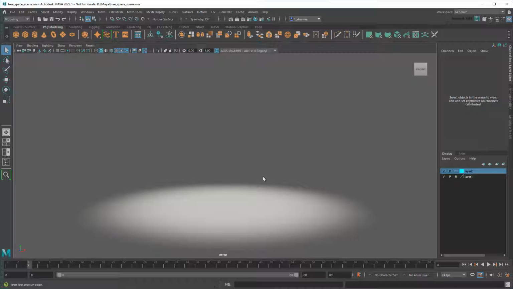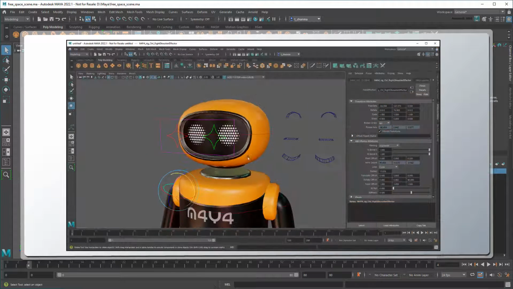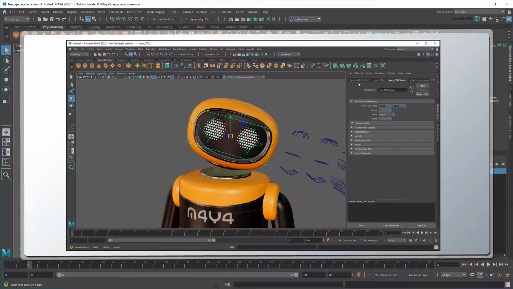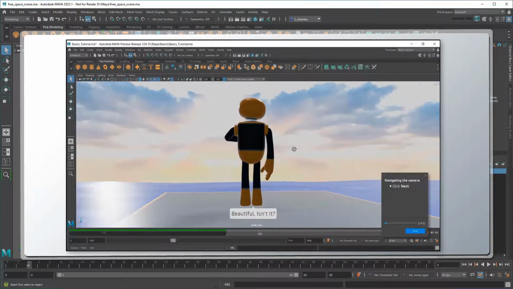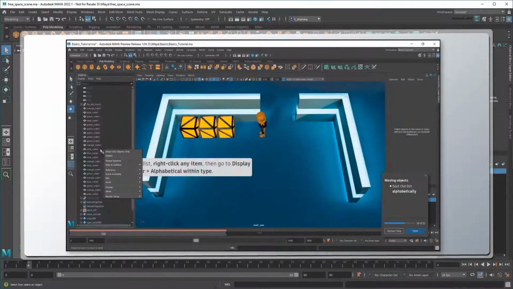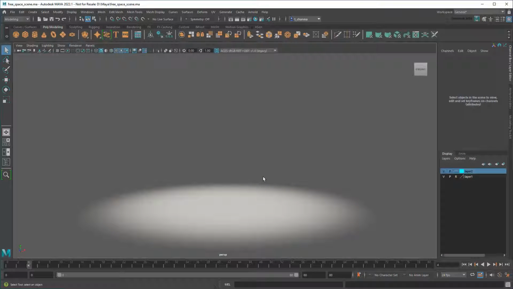Well, I'm excited to announce that I've been working with a team of developers to put some brand new usability and learning-based features right into Maya. Features like a brand new home screen, or a new example character that you can learn from, use, and modify for free. And even new video game-inspired interactive tutorials to help newcomers learn the ropes or experts teach others by building their own. I'll be detailing some of these in my next few videos, but today I'd like to focus on another